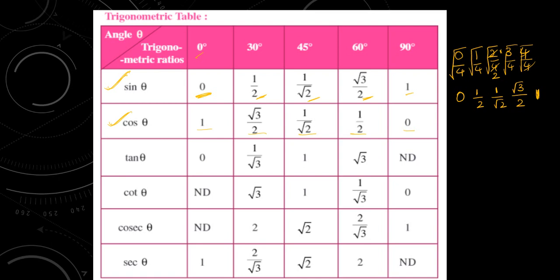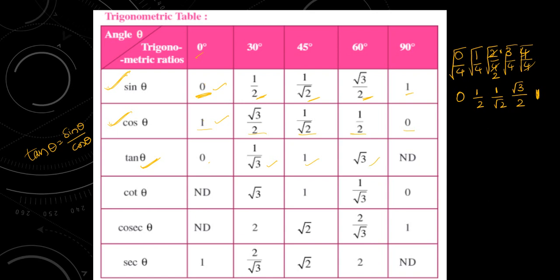Next, tan theta. Tan theta is defined as sin theta by cos theta. To obtain the values of tan theta, we are going to divide this one with this one. So 0 by 1 is 0, 1 by 2 divided by root 3 by 2 is 1 by root 3, 1 by root 2 divided by 1 by root 2 is 1, root 3 by 2 divided by 1 by 2 is root 3,